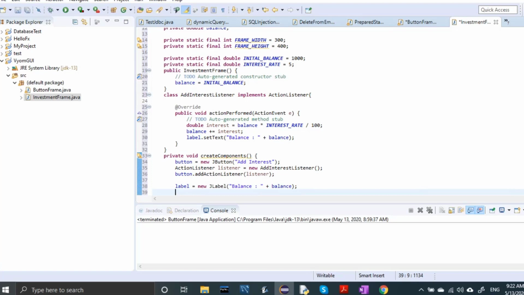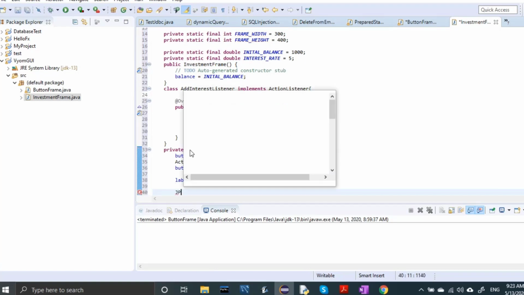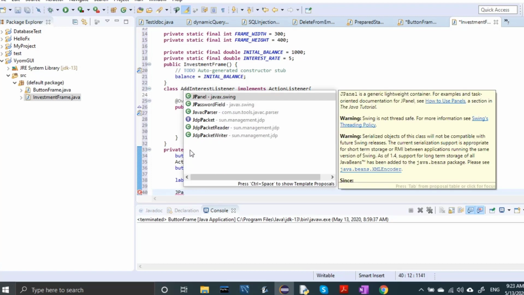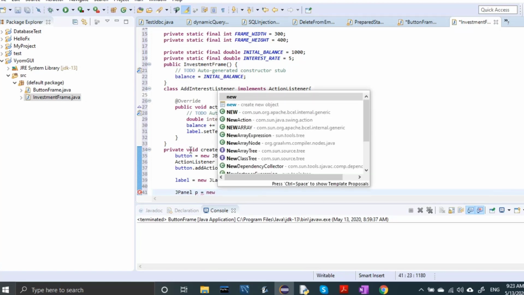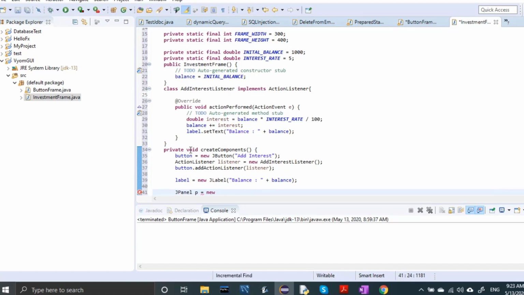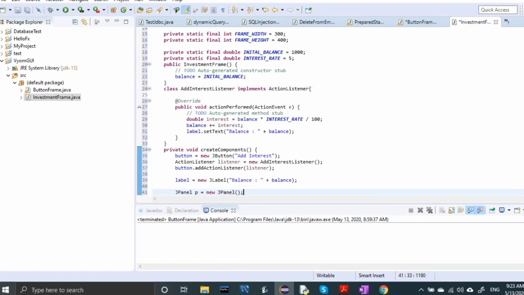So now what I have to do, I've created button, I've created label, and I need to add these two in JPanel, right? So I have to write here JPanel p is equal to new JPanel.